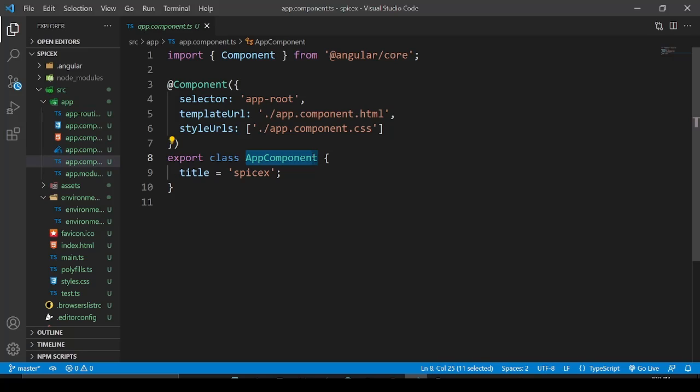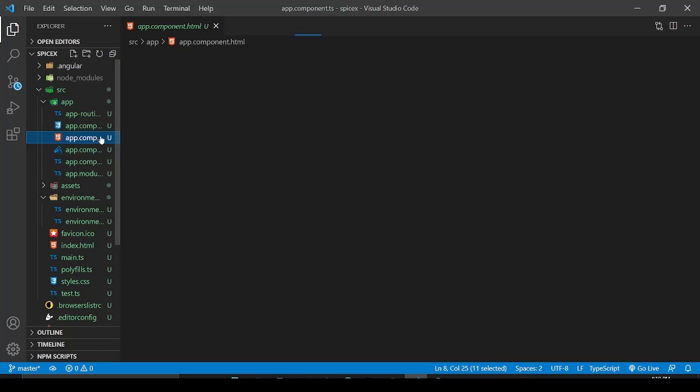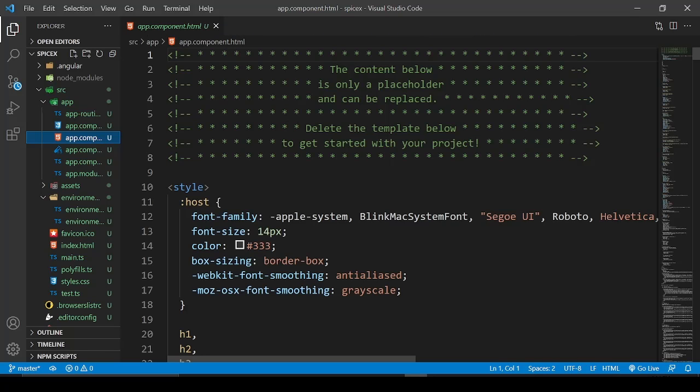Okay, so next is app.component.html. So here is our app.component.html file. It defines the HTML template associated with the root app component.